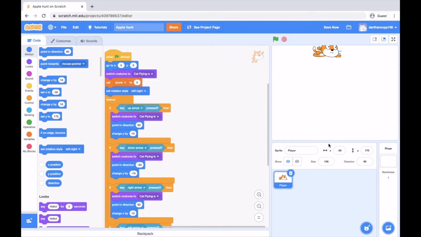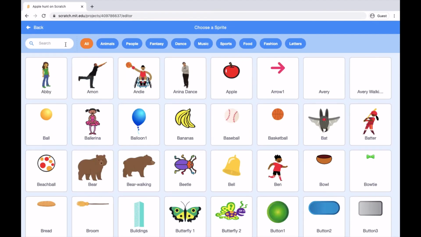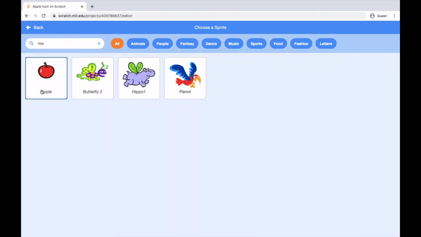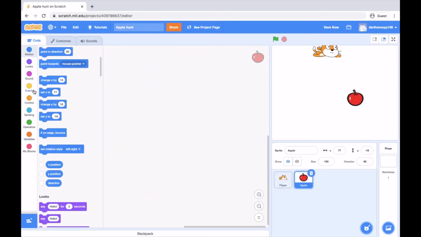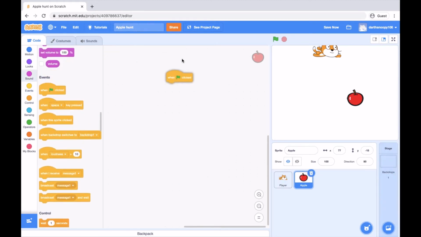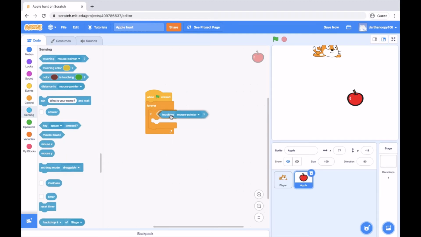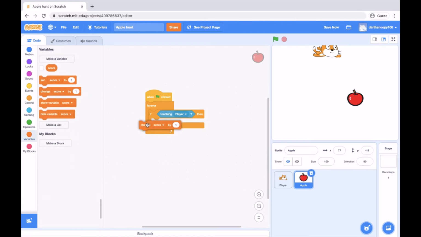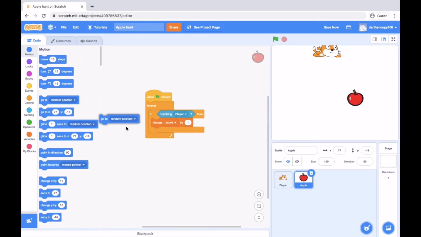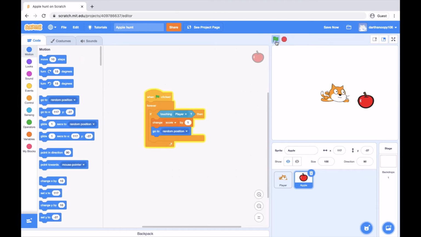Now we will need another sprite. Search up apple and choose that. Now do a when flag clicked and drag out another forever loop. Now drag out an if then block, and go to touching, if touching player, then you have to change score by 1. And then motion, go to random position. This will position it every time we